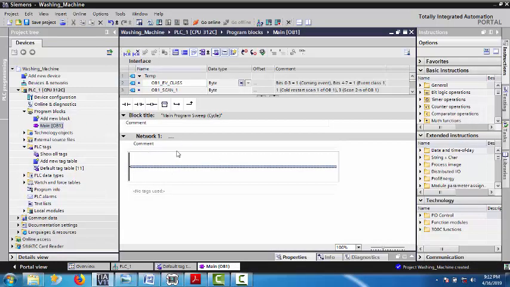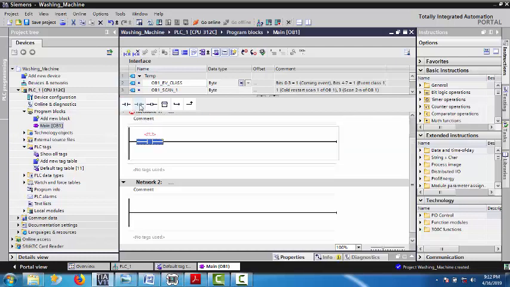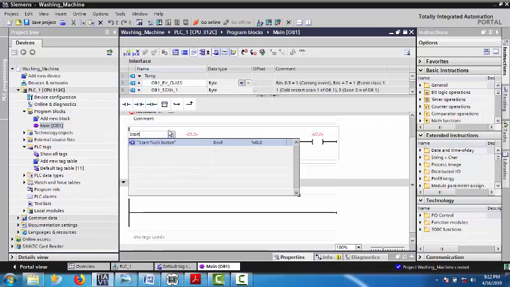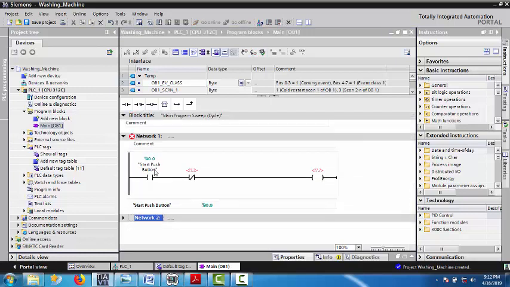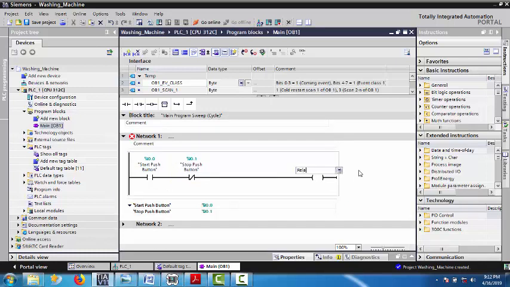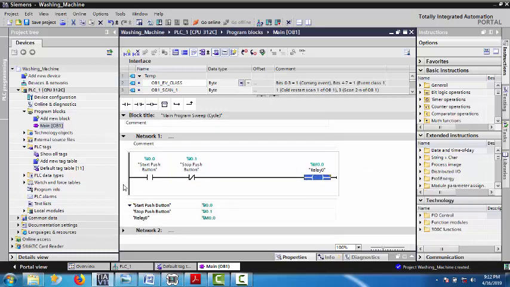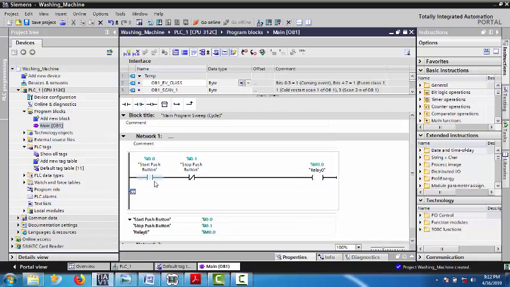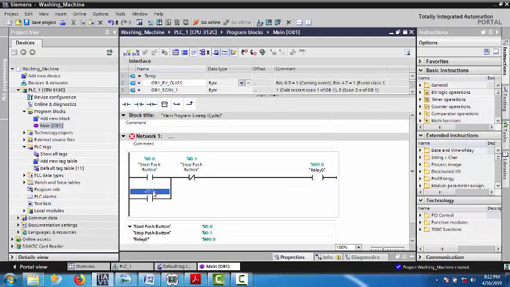Okay, so the first rung, as I always say, is always a latching circuit. NO, NC, relay. Start, stop, relay 0. Then put in a relay 0 NO. Okay, this is your latching circuit. This will always remain the same, it won't change ever. Okay, this part is done.